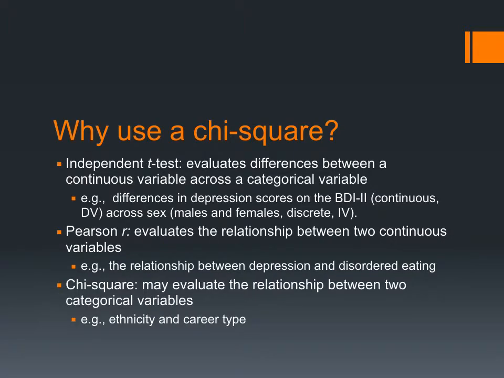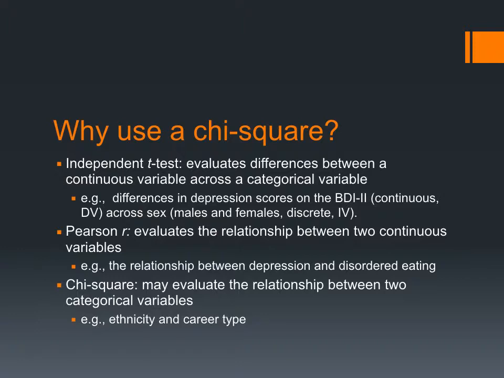It might be easier to examine the chi-square test in the context of the other tests that we've looked at. Recall that the independent t-test evaluates differences between a continuous variable across a categorical variable. The example that I give is that we're looking at mean differences between depression scores on the BDI-2. Now the scores on the BDI-2 are a continuous dependent variable, but the two groups, males and females, would be